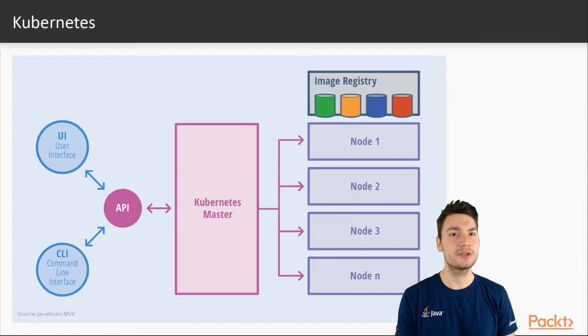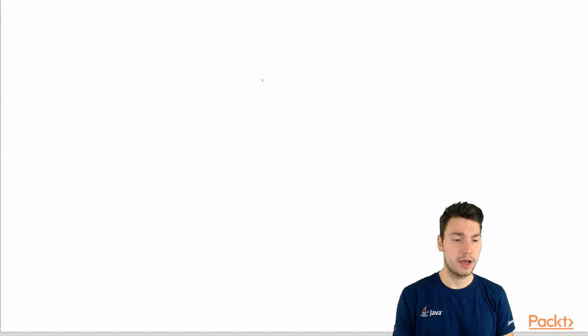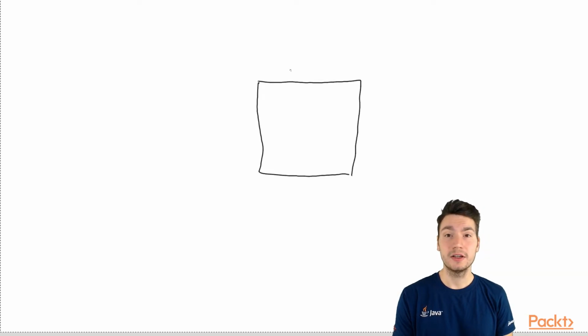So we as developers can access that Kubernetes master and then, transparent to us developers, however the cluster situation looks like, it will deploy and orchestrate the workload for us and deploy our images as containers to individual nodes. And to get a better idea of how that works, let me show you an animation,